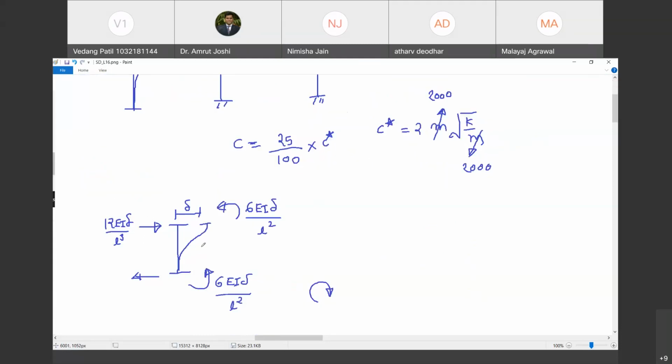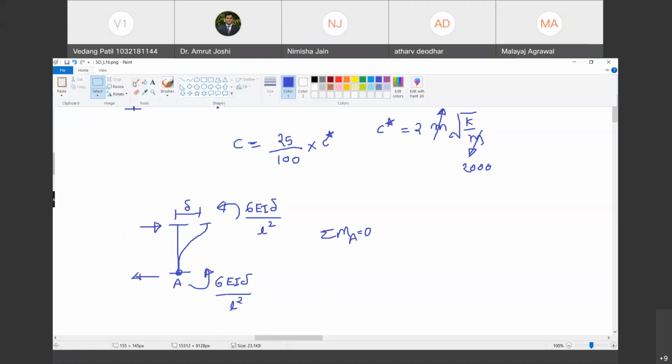Are you with me? कैसे किया ये भी बताता हूं मैं. If you take for equilibrium, moment about this point must be equal to 0. Do you agree with me? Summation of moments about A equal to 0 है कि नहीं? Yes, sir. समझो हमें ये पता नहीं है कि ये फोर्स का मैग्नीट्यूड कितना है.